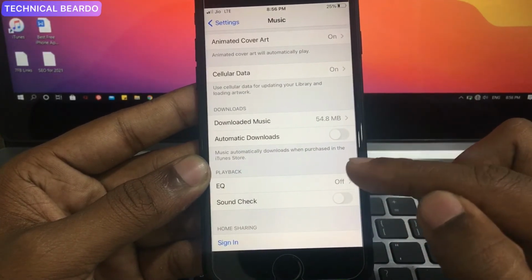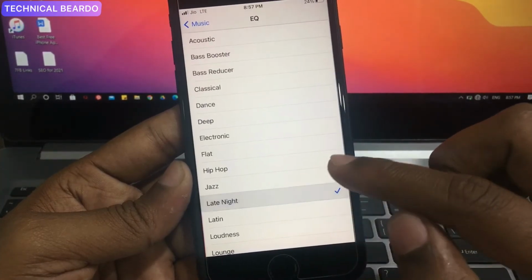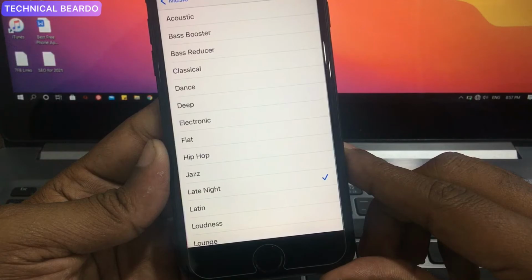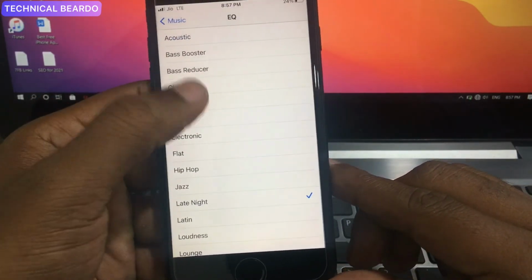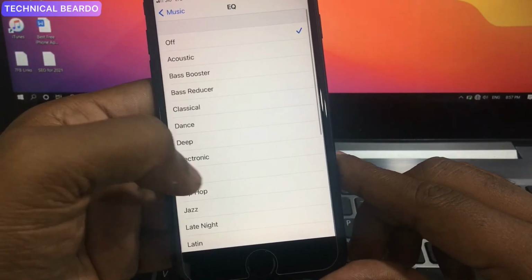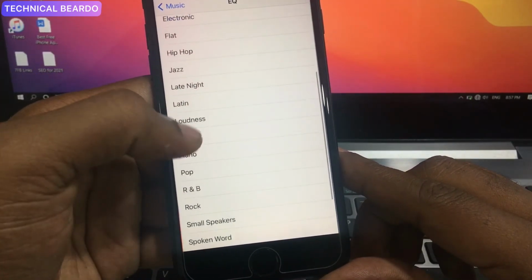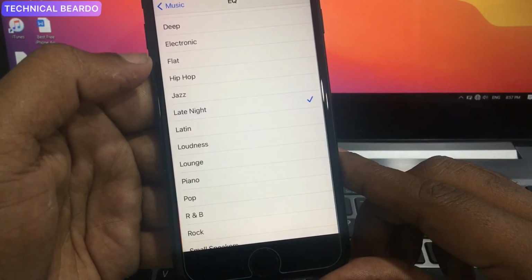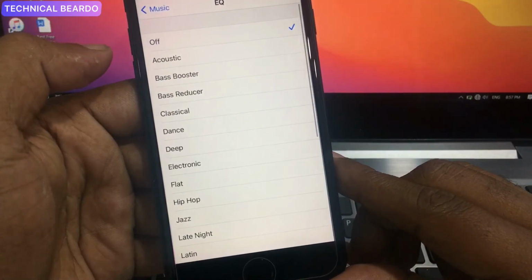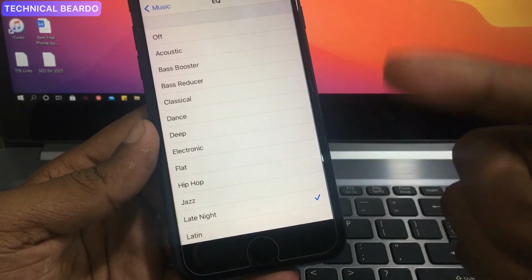It's off, right? Now open that, scroll down, and choose the option called Late Night. Whenever you're playing any music, maximize the volume level of the device, come back to the Settings application, and tap Late Night. In real time, whenever you try this, you will feel the difference. So let the music play in the background, maximize the level, come back to the Settings application and try Late Night. Your device will automatically get louder than your maximum level. Just try this and make your device louder, or whenever you want to enjoy music louder than maximum level, it will surely help you out.